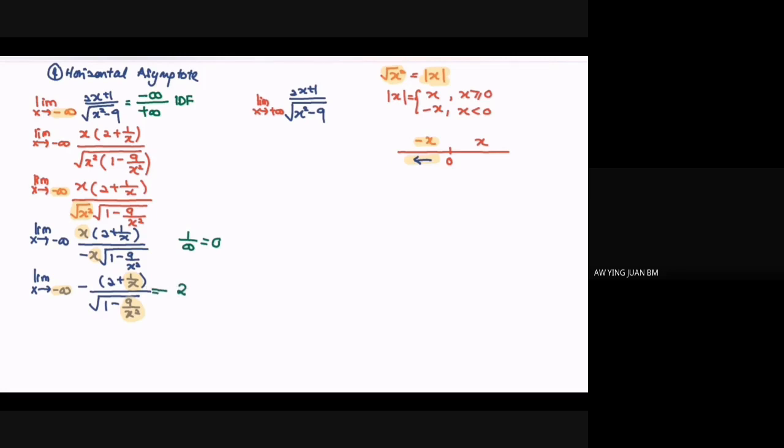So next, let's move on to the right hand side. Since we already discussed the left, the right hand side will be the same as well. So first, substitute the value. We will have positive infinity for the numerator and positive infinity for the denominator.